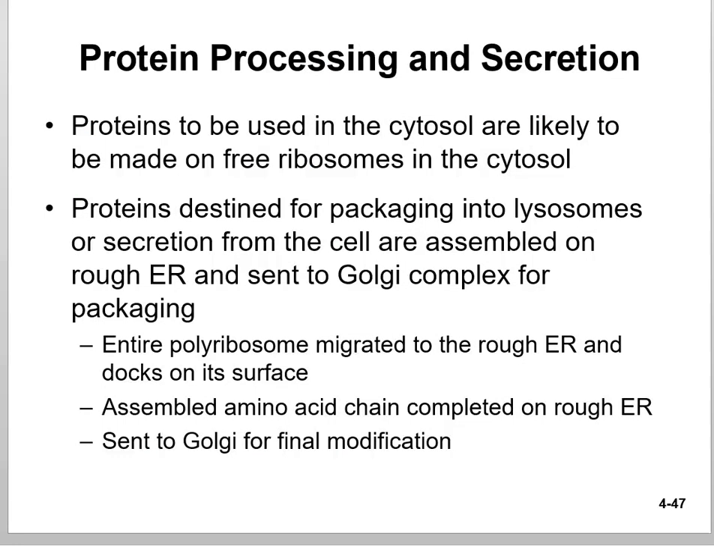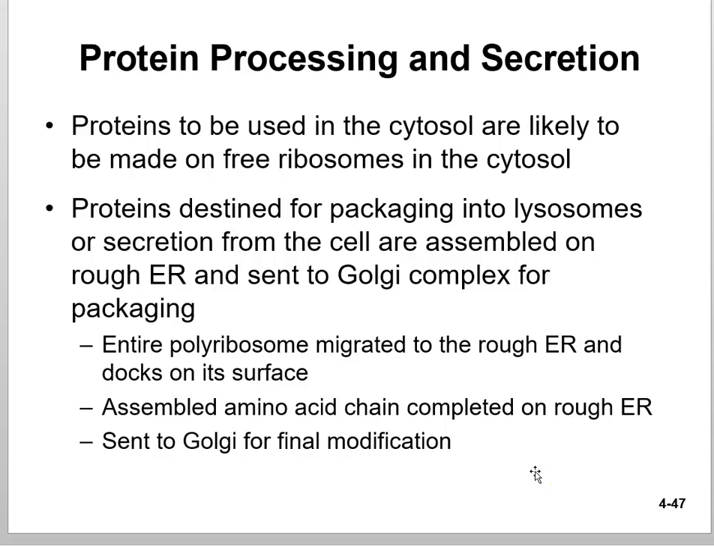Proteins to be used in the cytosol are likely to be made on the free ribosomes in the cytosol, but those that are destined for packaging and to be sent somewhere else are usually assembled on the rough ER and then sent to the Golgi for packaging. The entire polyribosome migrates to the rough ER and then docks on its surface. And then the assembled amino acid chain is completed on the rough ER and then sent to the Golgi for